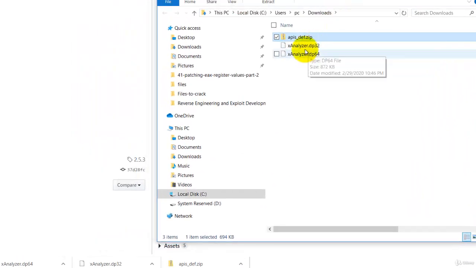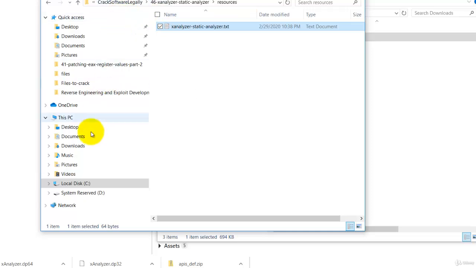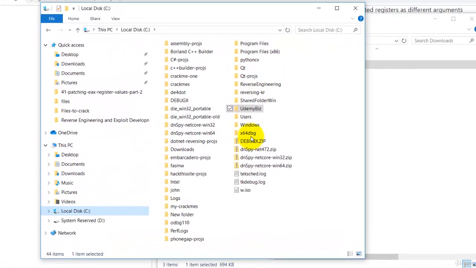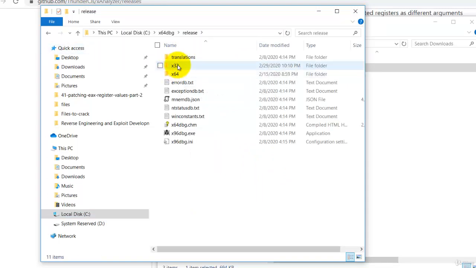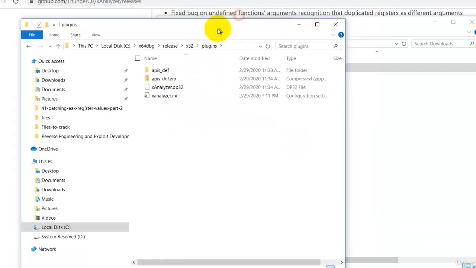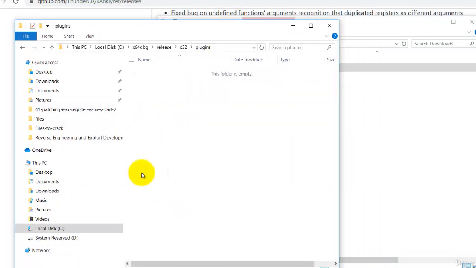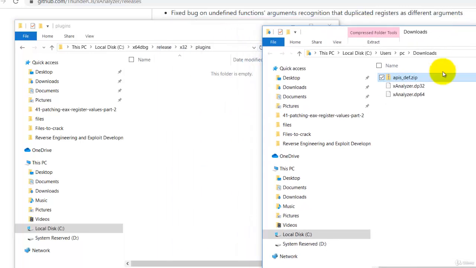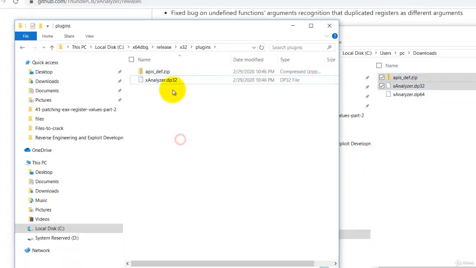So you need to copy these files to the plugins directory of your x64DBG. Your x64DBG is in the x64DBG folder of your C drive. Open the release folder, and inside x32 you have a plugins folder. So open the plugins folder. I have earlier installed it, so I'm going to delete this and do it again to show you how it's done. So for the x32, you need to copy this and this and paste it in here, and then unzip this,